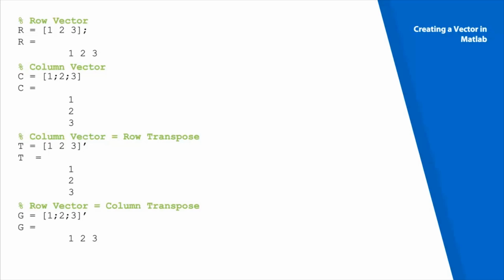To create a column vector in MATLAB, we simply separate the elements by semicolons and put the elements between the square brackets. These square brackets are the concatenation operator. Another way to create a column vector is to first create a row vector and then do a transpose of it using the transpose notation, that is a single quotation. Similarly, another way to create a row vector is to first create a column vector and then do a transpose of it using the transpose notation. MATLAB displays row vectors horizontally and column vectors vertically.